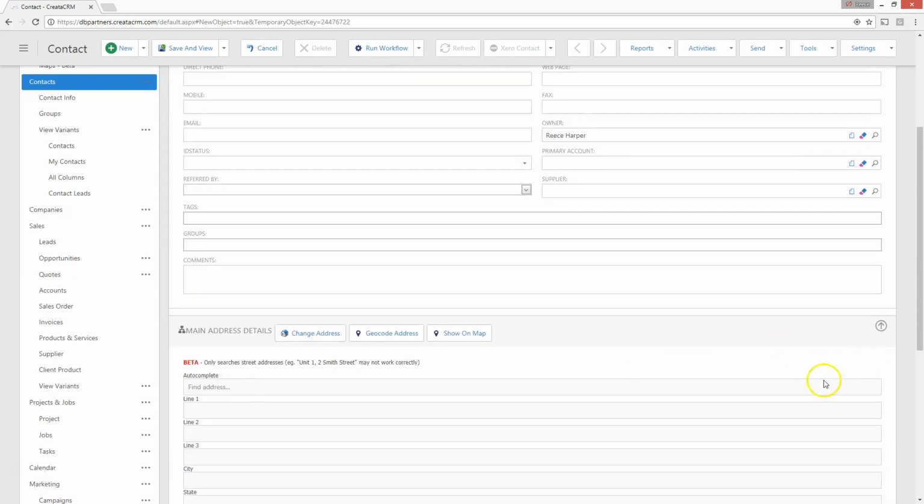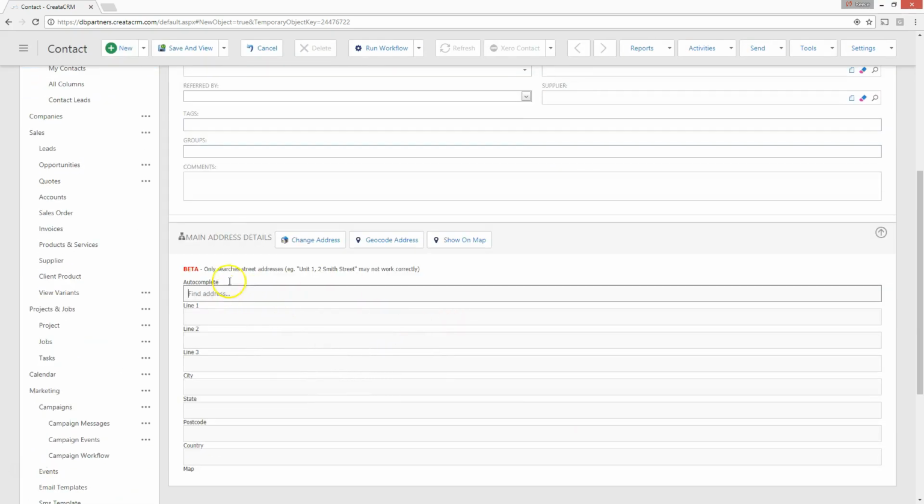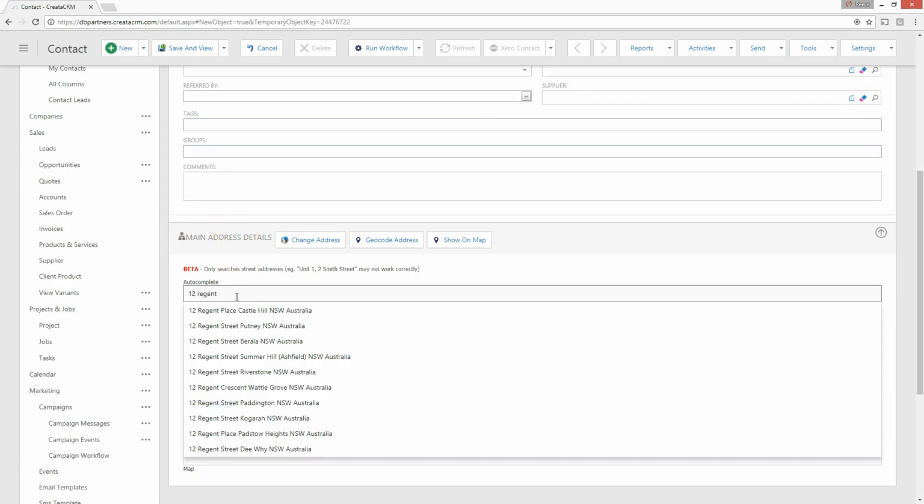Okay. Now the key thing is that I now have a section in the address section. I can type in my address. Now if I type in 12 Regent Street, it actually scans through and figures out where you are through your IP address or your login,